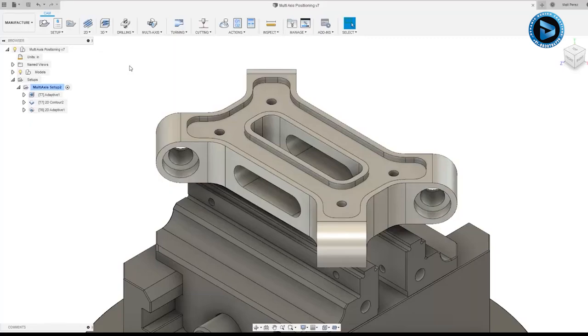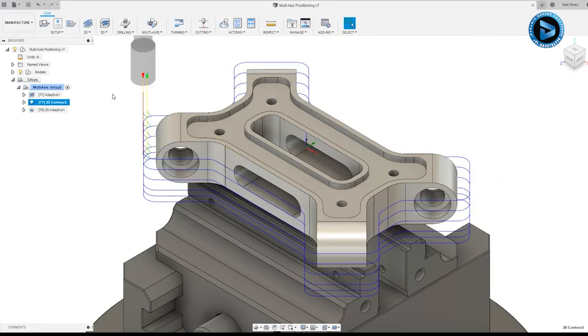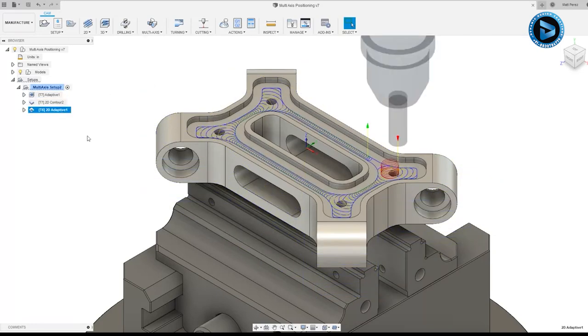Let's carry on with the file from our previous example, and if you've had any trouble up to this point, you can upload the supplied dataset Multi-Axis Positioning V7. So this dataset will contain the 3 toolpaths that we've already talked about. Our adaptive that we used for roughing, our 2D contour to clean up the outside of the part, and our 2D adaptive that allowed us to pocket the top of the part, so now we can start talking about drilling